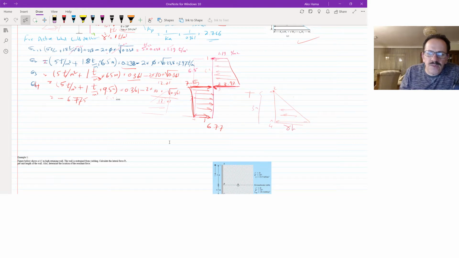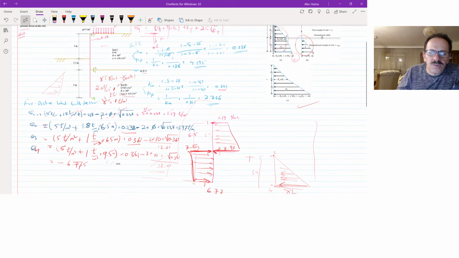So the pressure will be gamma water times H, which is equal to 3 meter. Now gamma water is 1 ton per meter cube times the depth of soil on that point, 0.4 is only 3 meters. So what we have to add is 1 times 3, so the 3 meters, so the pressure in this way will be 3 ton per meter square. So remember that we have to add this one here. So this is going to be the distribution of the active pressure on this way.